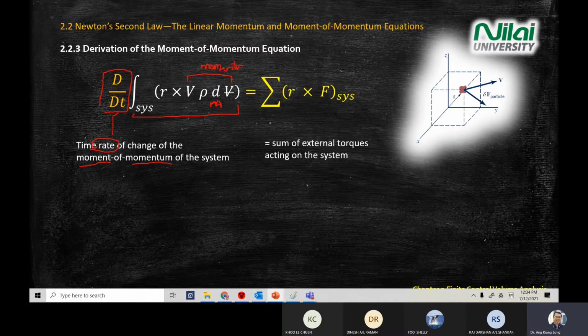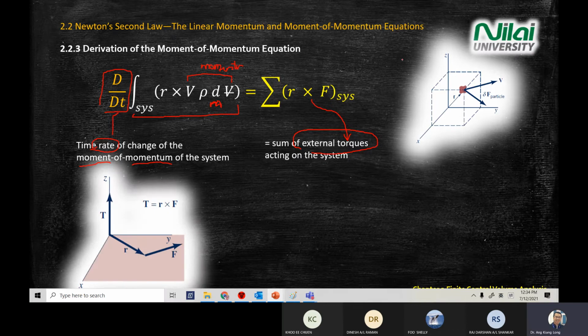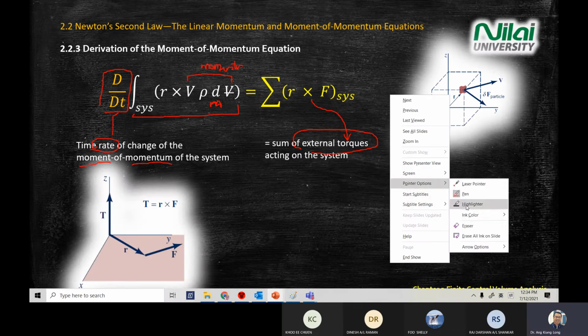Right hand side is external torque. R cross F is our torque. External. Okay. Move forward. Next, I'm going to explain something that you learned many years ago